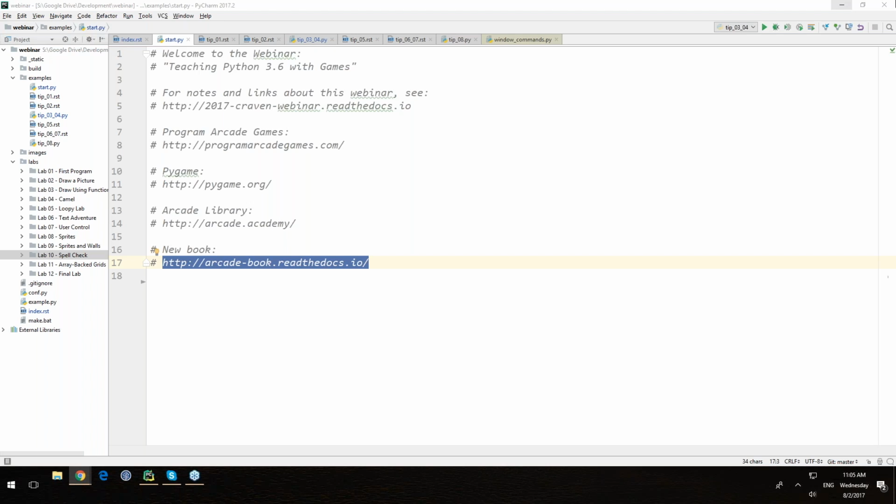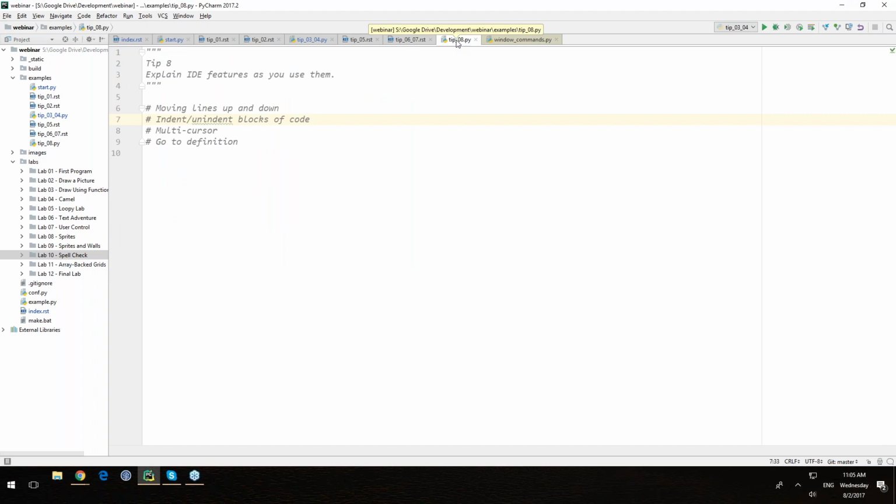Okay. I will then finish up with one tip that I think is really important if you're working with newer developers, and that is to take time to explain IDE features as you use them. If I just tell students how to use the feature, it doesn't really click in their head. As the class goes along, when I'm moving lines of code up and down, I could just magically move them, and the students aren't going to ask me in the middle of class, hey, that's cool, how did you do that?